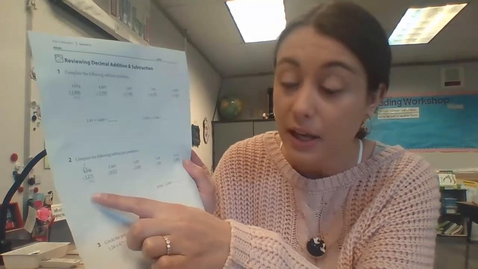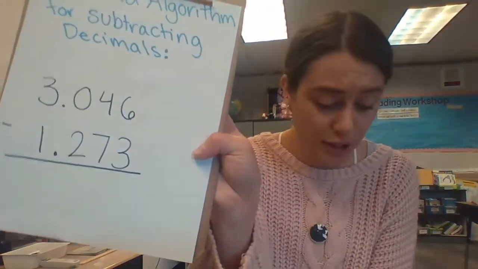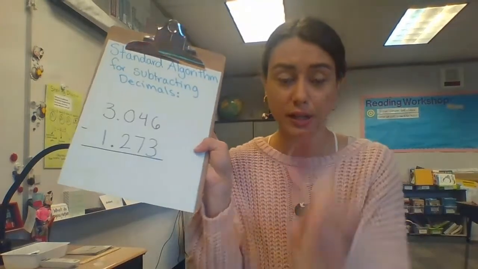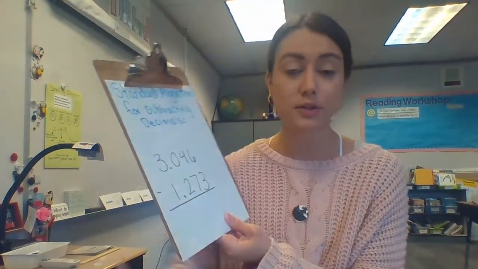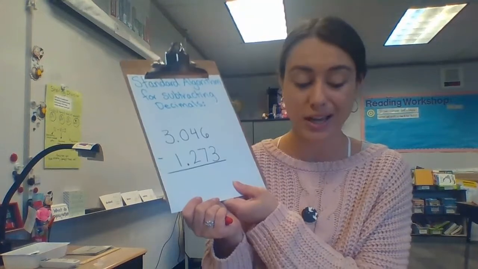Now, friends, let's work on some subtraction. I'm going to do the one that they have already given you the answer to here, and I'm going to show you how to do that one so that you know how they got that answer. I have it written, blown up bigger so that you can see me do it. We're still going to use another color, red, to show what we're doing. So subtraction's a little bit more difficult because sometimes you have to borrow from other numbers, and that makes it